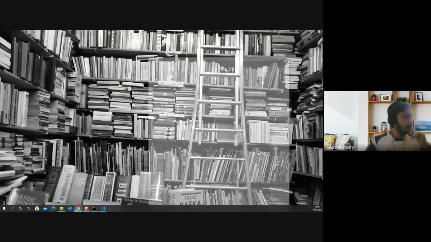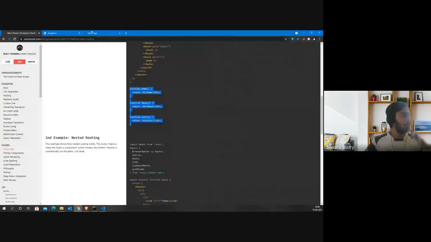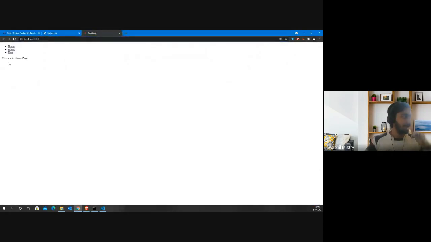And if I go back to my browser, let's just check what we see. Okay, so now you see that whenever we are on this URL, we see welcome to home page. Okay, so this navbar is going to be constant for all your pages, so that it's easy for the user to navigate between different pages with respect to the page you are on. So now we are on the home page. If I go to about, you should see we are at about. And if I go to user, you should see we are at user,